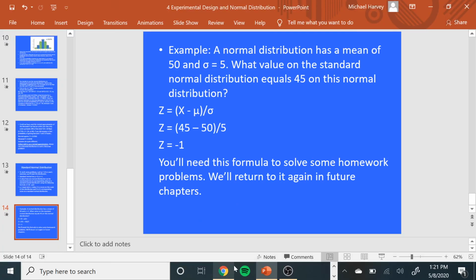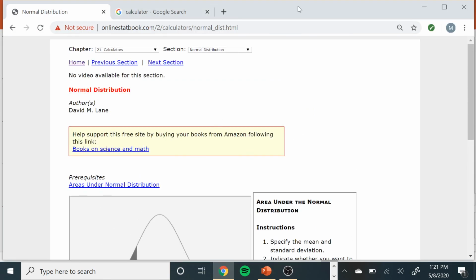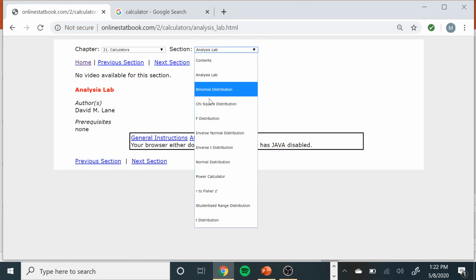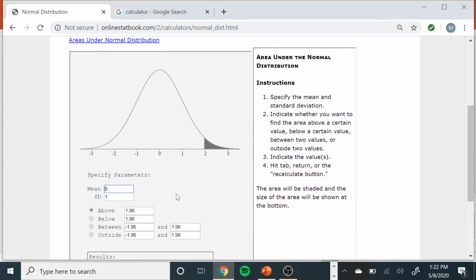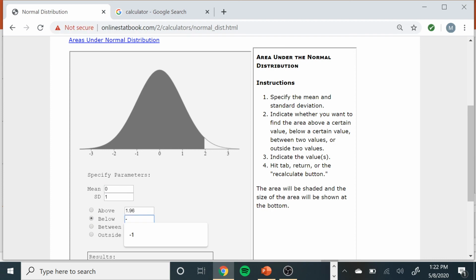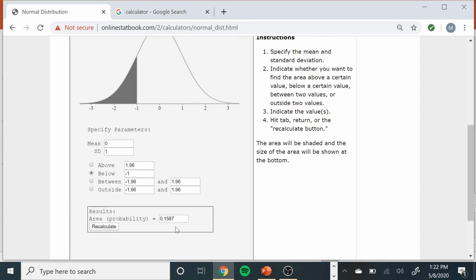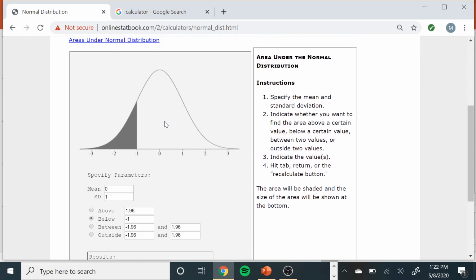Now watch this. We're going to switch calculators here. Okay, here's our standard normal distribution. Remember the z-score was -1, which corresponded to 45? Okay, there it is. Notice the probability is the same. That's what I mean about how we can take any normal distribution and transform it into this standard normal distribution